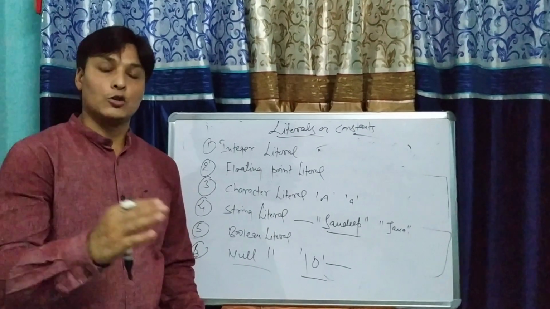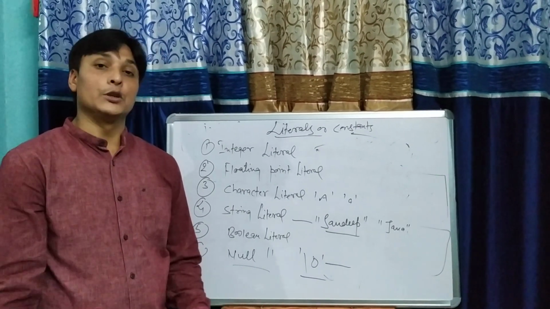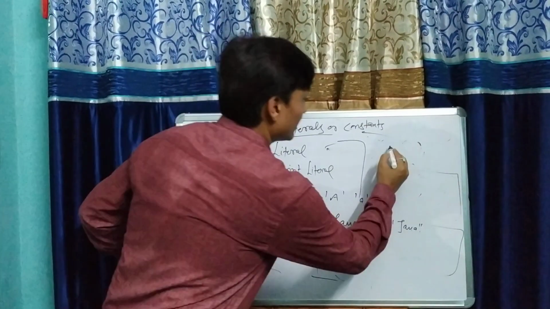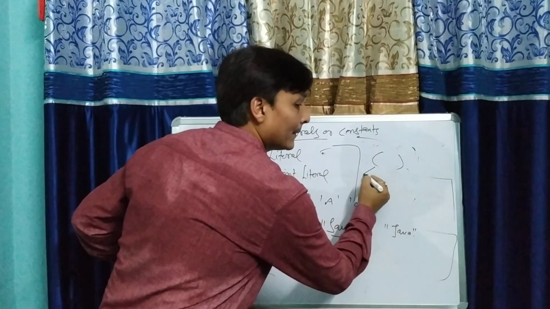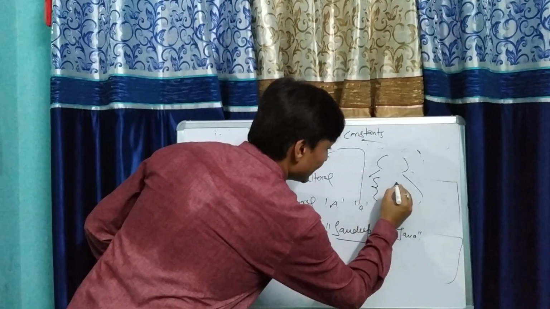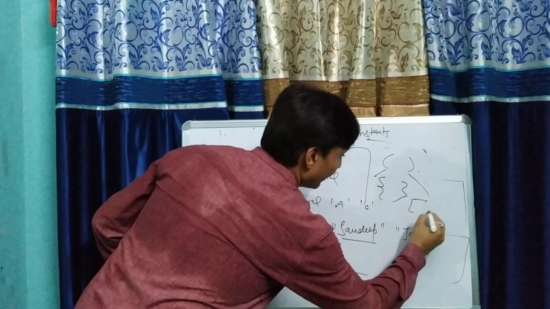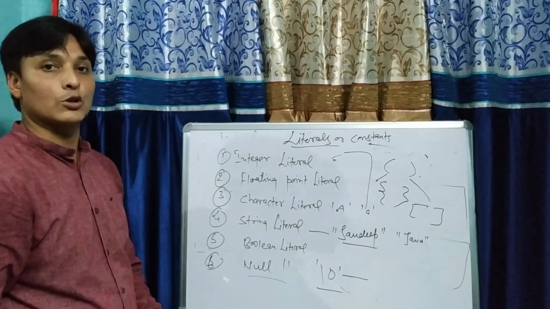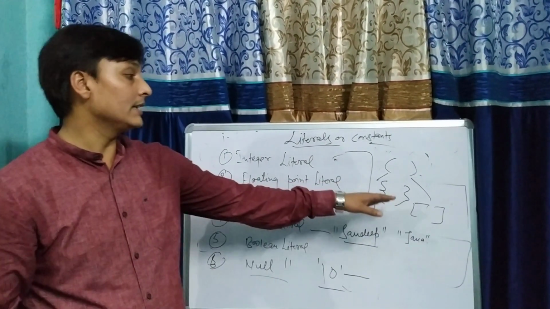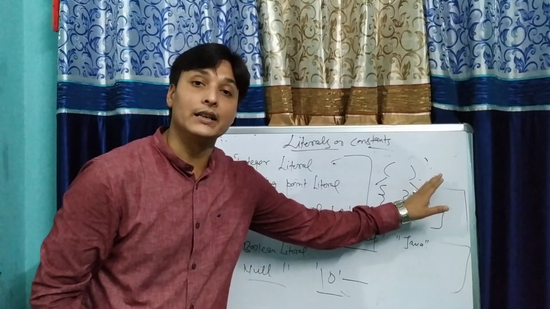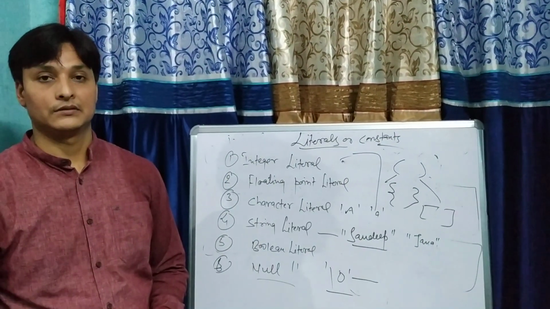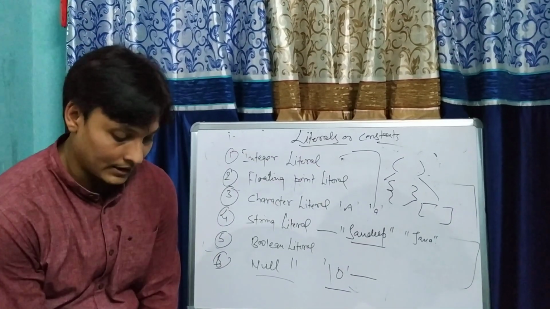Punctuators means comma, semicolon. We use left parenthesis and right parenthesis. Punctuators means you have written like this. This is called left parenthesis. This is called right parenthesis. We have curly opening braces, curly closing braces. We have brackets, or you can say square brackets. So all these types of symbols come under punctuators or separators. Clear? Now we have the last point to discuss, student, that is related to operators.